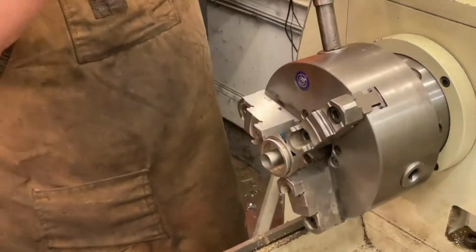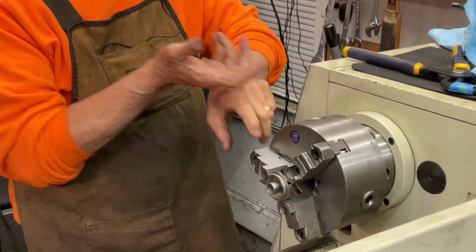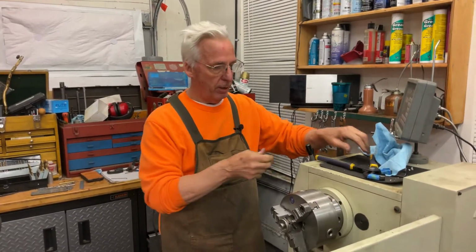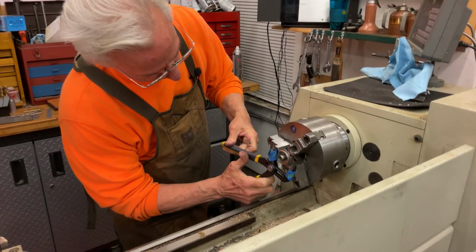Now at home, you can put a pair of vice grips on this, and you have to make the copper thing I showed you about, and then get another pair of pliers with the copper on them. So now you're just going to come in, and I use these because they have an indentation in here. You're just going to come in gently,